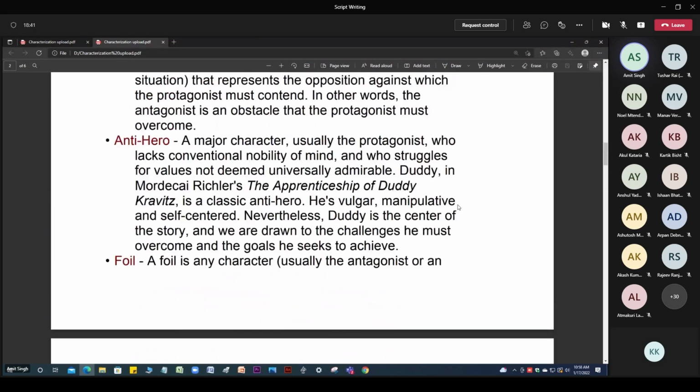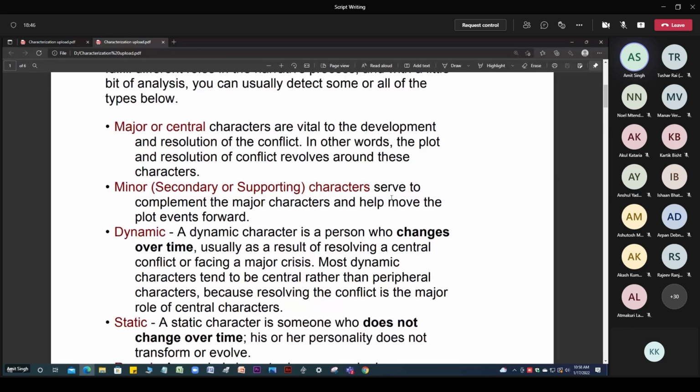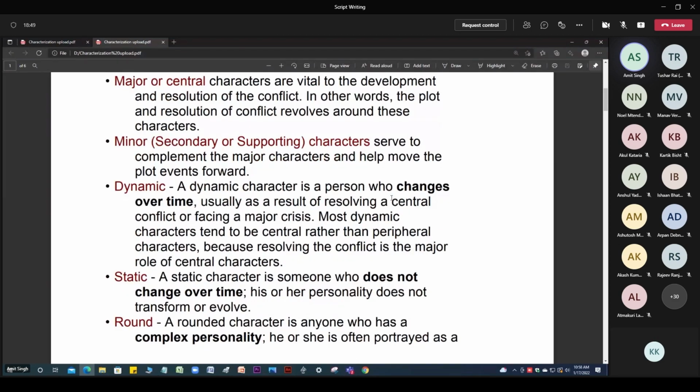Mostly you have to just read this one. My suggestion, if you really want to excel in this, is don't leave this thing once the class is finished. Keep this terminology in your mind, and whenever you're watching anything, a TV series or something, just ask yourself in which category you want to keep this character. It will help. It's a matter of observation, and after some time you will be in a position to define your character very easily.